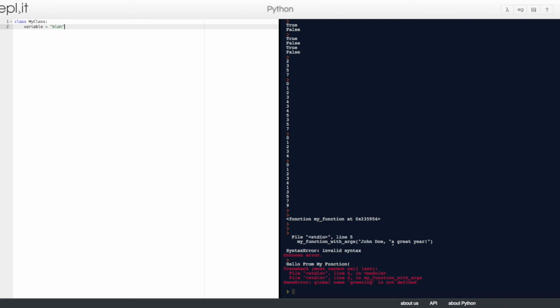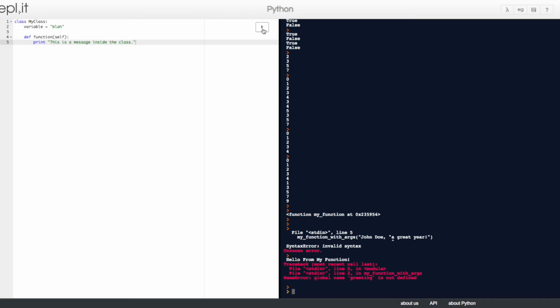Well, that's kind of strange, but so the variable equals blah. And then, still in the same indentation, we'll write a function, def function with the argument self, colon, next line indented, we print this is a message inside the class. Okay, so that's an example of a class.